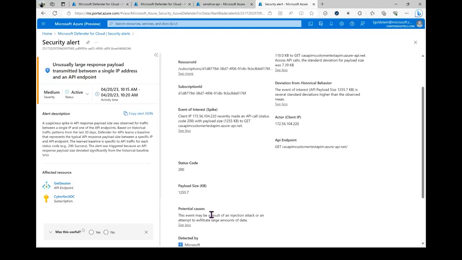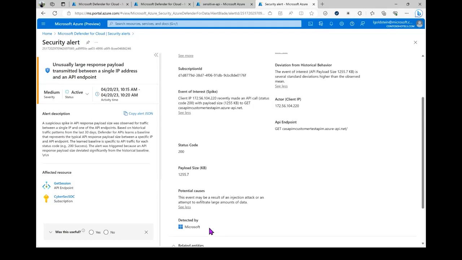And in that case, the SOC team would be able to correlate this activity with other logs from your cloud environment to see what data it was accessing, what sort of information was transferred, so they can know right away if they need to block this IP address through web application firewall, or if there's any other activity that they need to do to ensure that this API endpoint is as secured as possible and it's no longer vulnerable to this threat. So that sort of action would be very important for the SOC team to know and take immediately.